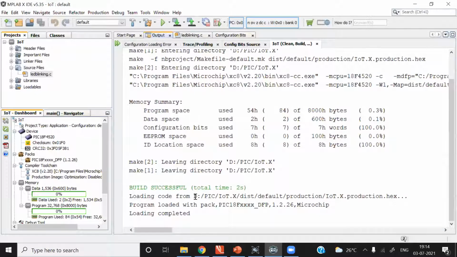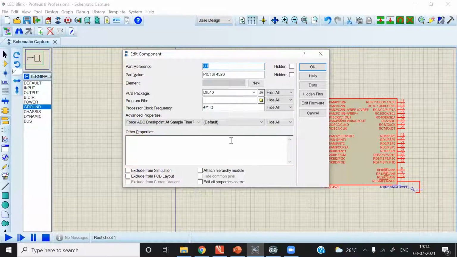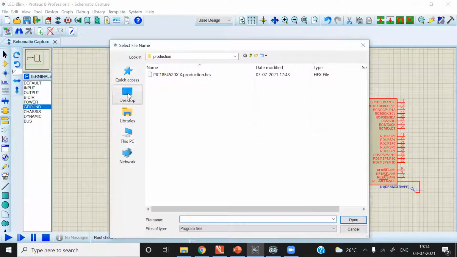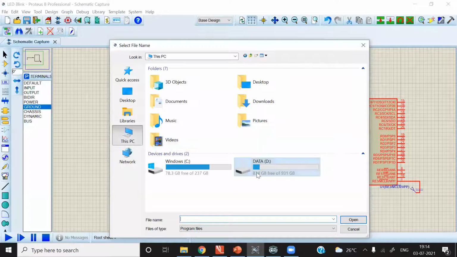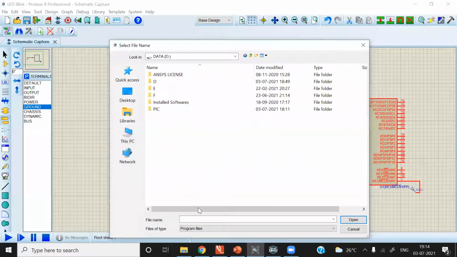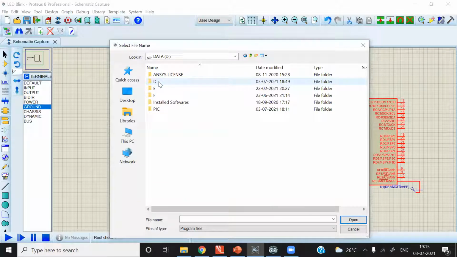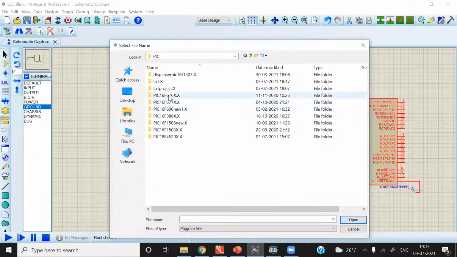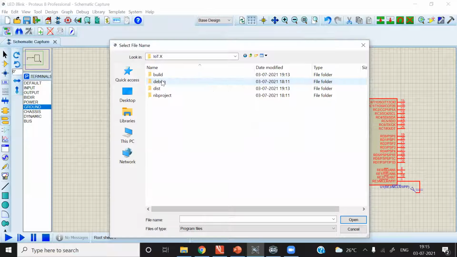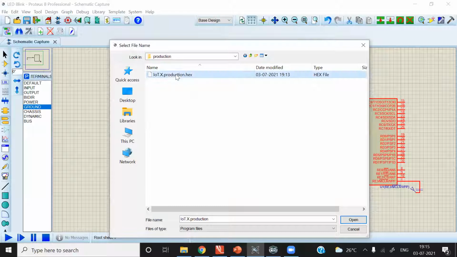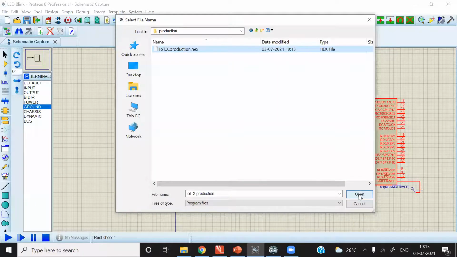I will add that hex file here. I go to this PC, then D, and then the project folder, where you can see the dist, default and production folders. Click on it and click open.